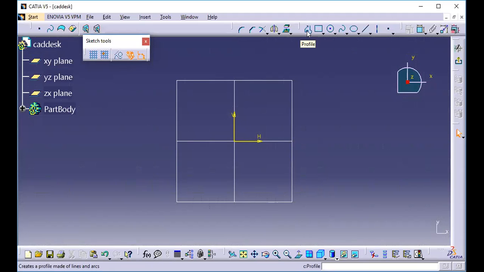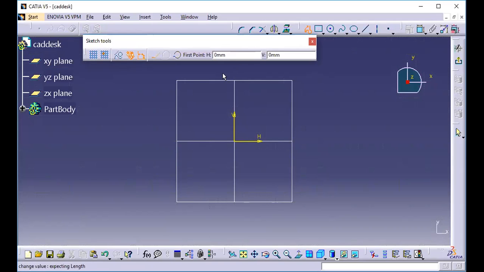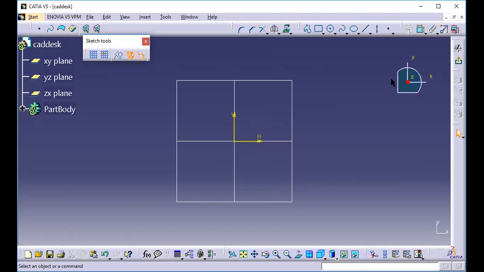Let my first tool be Profile. If you go to Profile, see, your sketch tool will be expanded. This is the horizontal axis or x-axis, and this is the vertical axis, the y-axis. And here in the corner you can see the compass. It will help you to rotate the drawings or models, to move the models. Later in assembly also it will be very helpful. I will show you in assembly what the application of this compass is. Like the UCS, user coordinate system, in AutoCAD, the same is the compass here.